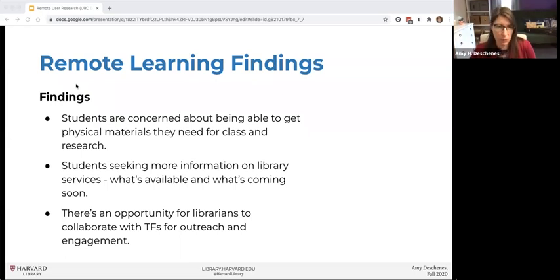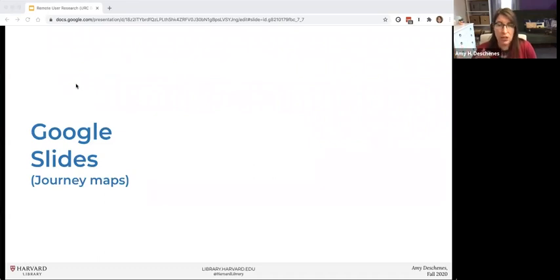So how did we do this? What were the tools we used? To create the journey maps, we just used Google Slides. I did look into journey mapping tools or using Miro, but I wanted there to be a super low barrier to entry. I didn't want the moderators, myself and my colleague, to feel like we had to learn a new tool and be able to do it really quickly in the moment. And I also wanted it to be something that looked familiar to the participant, since the actual process of journey mapping was probably brand new to them, but at least looking at a Google slide probably felt very familiar.